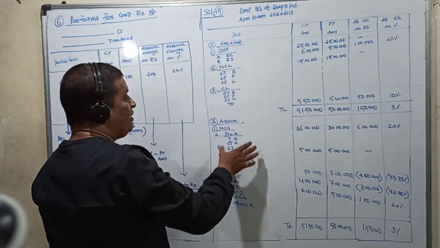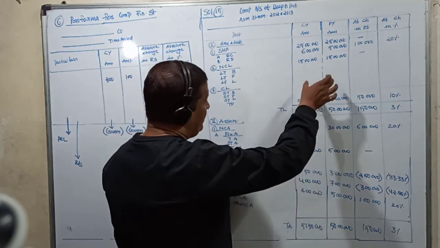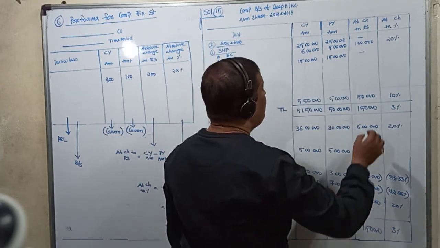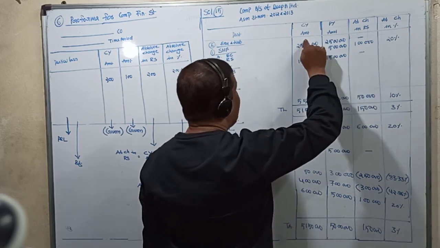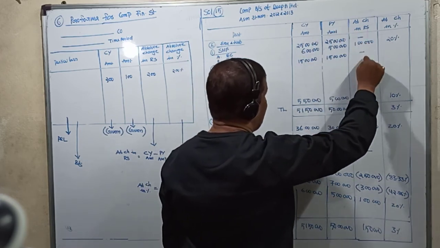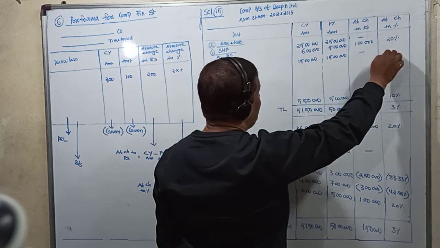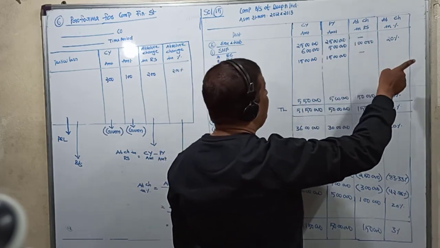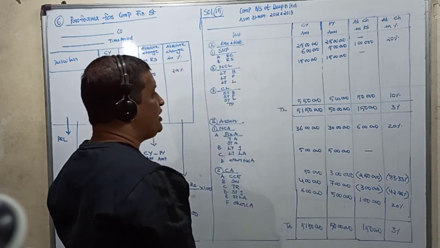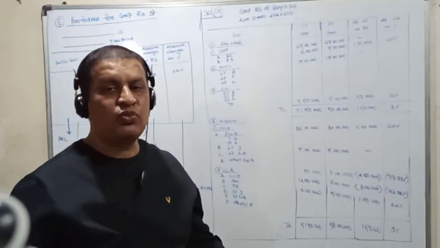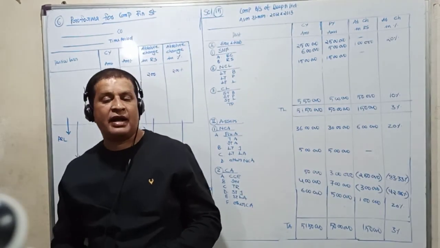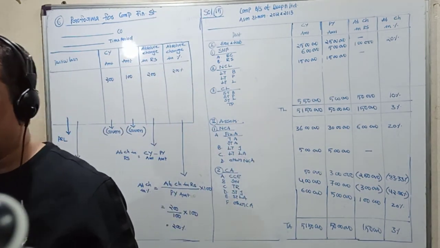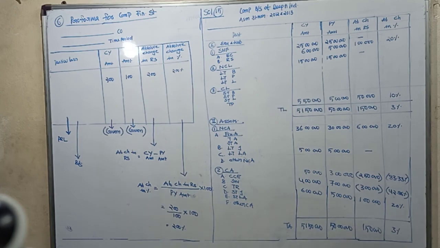The pro forma will be the pro forma of the balance sheet. In these two amount columns, the amounts are given directly in the problem. How do you get absolute change in rupees? Current year minus previous year gives you absolute change in rupees. How do you get absolute change in percentage? Absolute change in rupees by previous year amount into 100 will give you the absolute change in percentage. So this is what a comparative balance sheet is. That is what we were looking at, and I hope it is very, very easy.